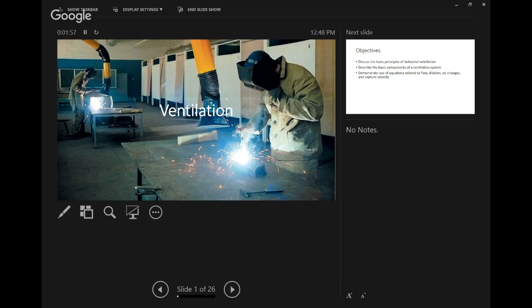So there's a sort of point source generation of a contaminant, and it's a contaminant that is highly toxic. It's very hazardous. And so you don't necessarily want to try to use dilution ventilation in this case. It's not going to be that effective because it's a little point source. If you just are able to exhaust the contaminants at the source, then you'll be much more effective at protecting